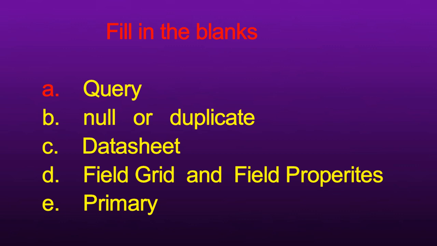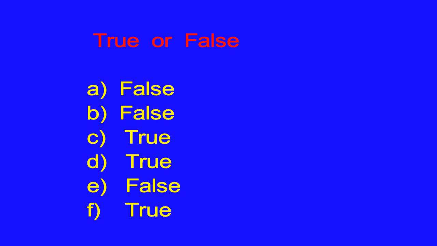Okay. Now it's coming to the second question, that is true or false. This one also you will write in full, TRUE, true. Don't write only T and F. Okay. First question: in a primary key field, you can enter a duplicate value. That is obviously false. Okay. Second one, you can run a query only once. That is false. C number, there are two parts of the design view. Yes, true. Okay, you know that one, I discussed it in the fill in the blanks.